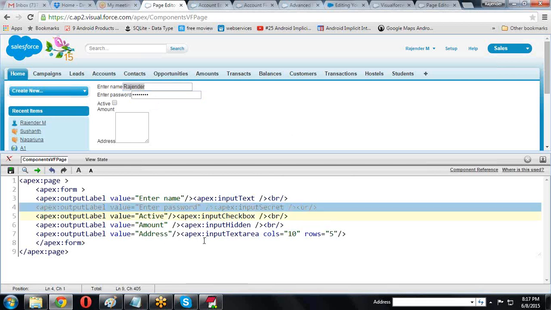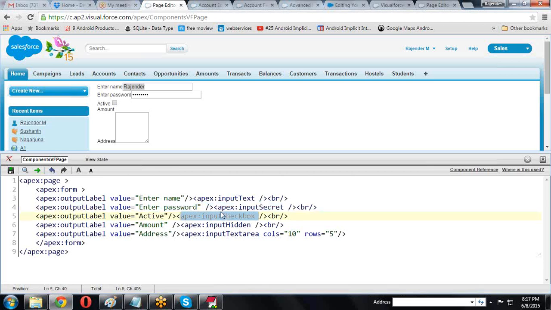Now one more is input checkbox. If you want to create a checkbox, we use input checkbox. Here we provided a label with the value equal to label. Now apex:inputHidden: here one more field is created, a hidden field.